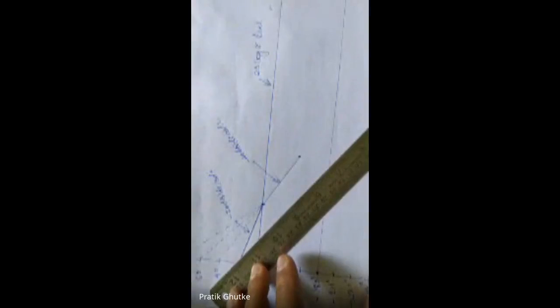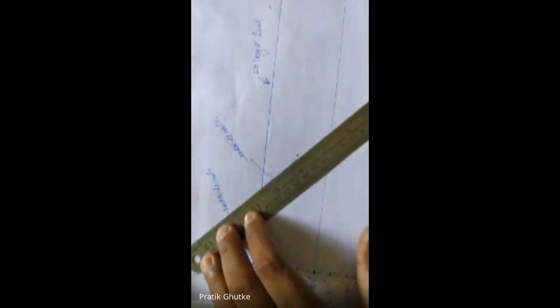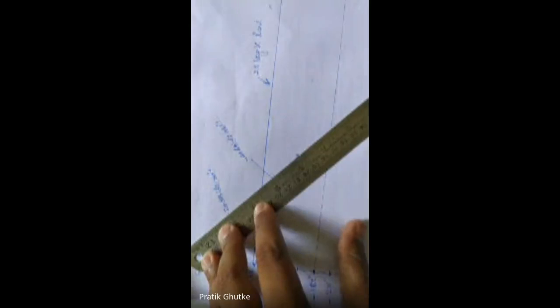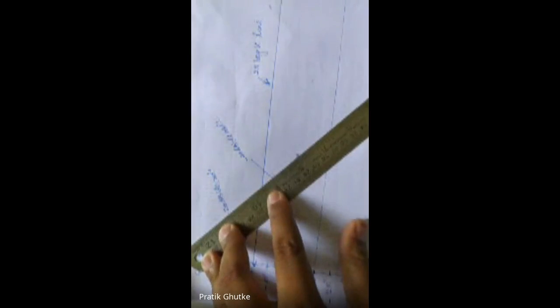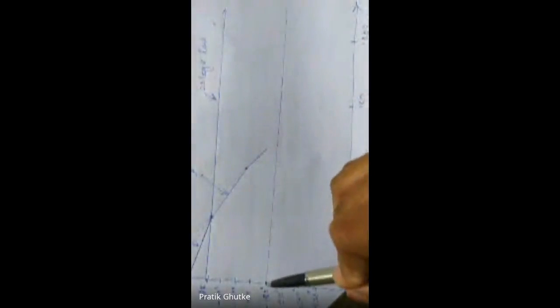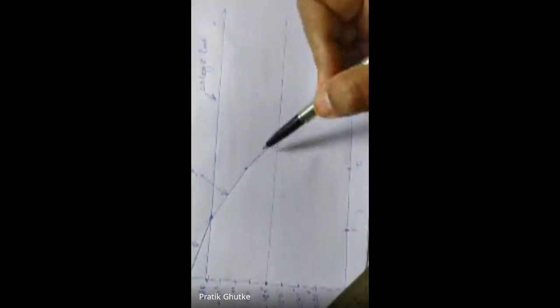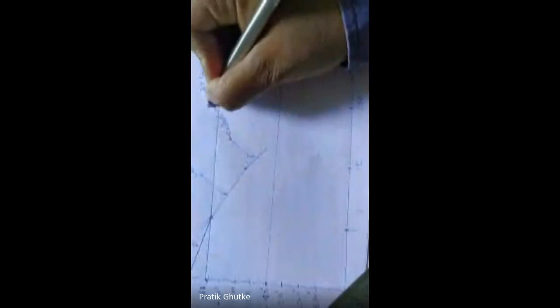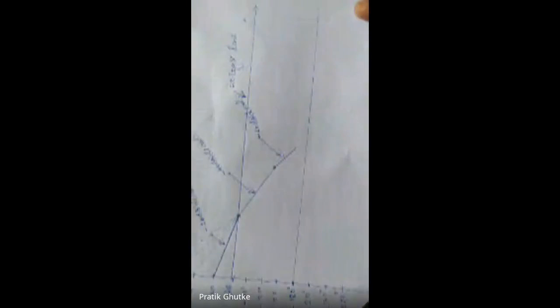Now I will take the 60 reference, because there is again a first order pole. So the 60 reference is like this. And what is my next corner frequency? I don't know the next corner frequency after 10. So after 10, mark up to somewhere and write minus 60 dB per decade. Don't mix your magnitude plot into the phase plot. This straight line of minus 180 degree is the phase plot line. So this magnitude plot is done.